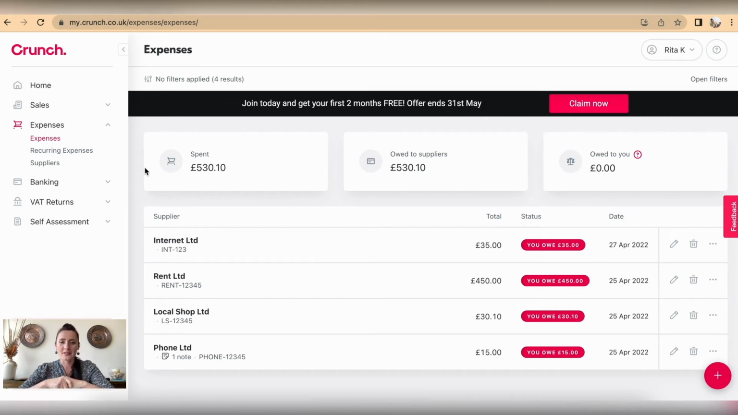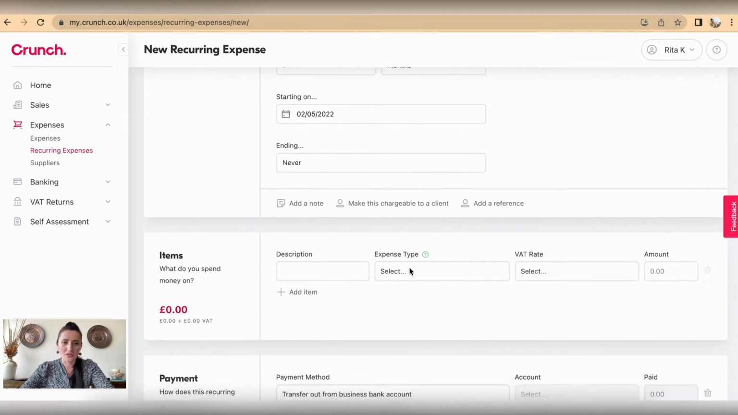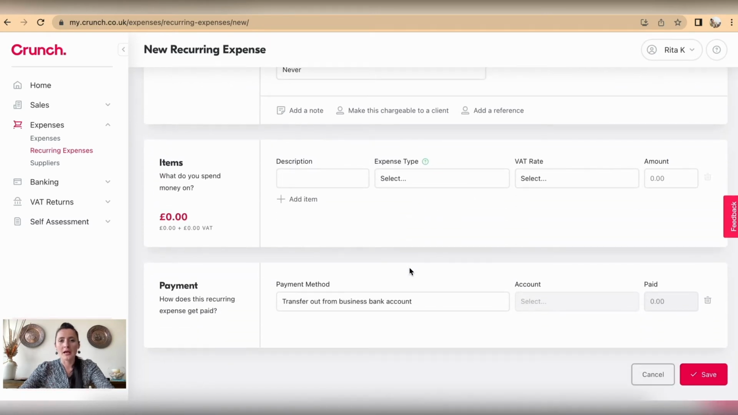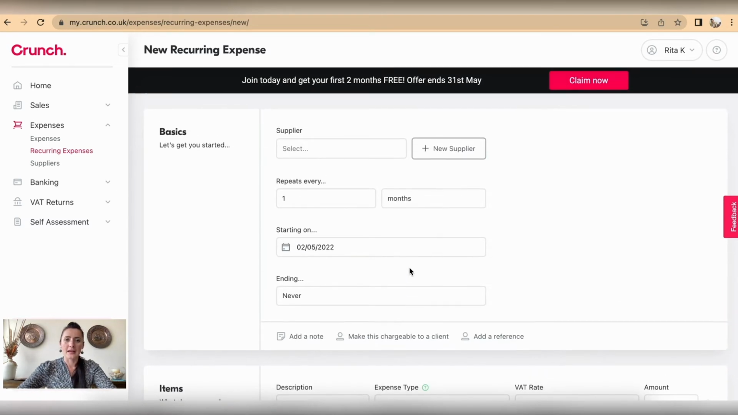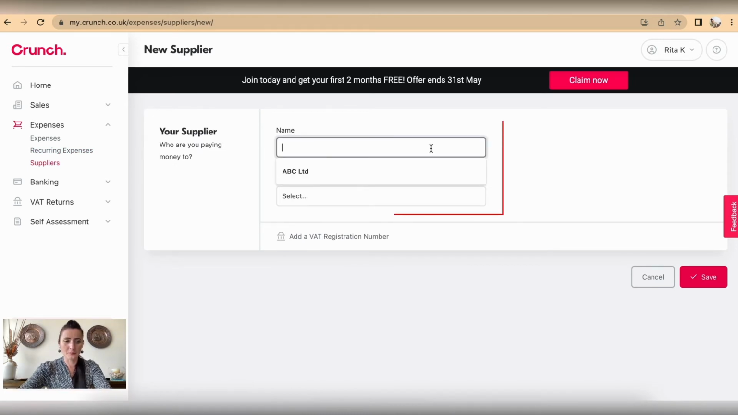So if you have some expenses which recur every month, for example, like phone bill or rent bill or even internet, then we can set up recurring expenses. So to set up recurring expenses, click on create a recurring expense, and of course it will be the same way or similar way how we would set up a normal expense, and then in settings we would say this particular expense will recur every month. So for example, I have a new supplier starting from May, and let it be ABC Limited,